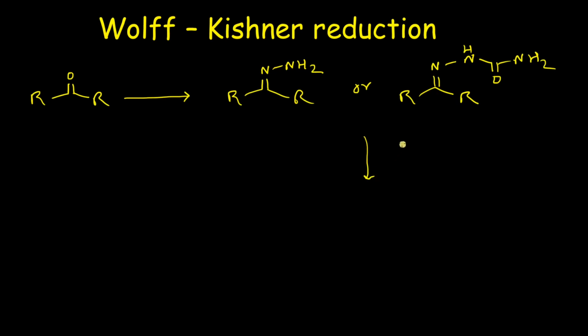followed by the reaction with sodium ethoxide at a very high reaction temperature, that is around 200 degrees centigrade, and a sealed tube is basically used for this reaction. So these reaction conditions are basically the initial report of Wolff-Kishner reduction. Later, several modifications have been done by several research groups, which we will discuss. So this is the initial or actual condition of Wolff-Kishner reduction.